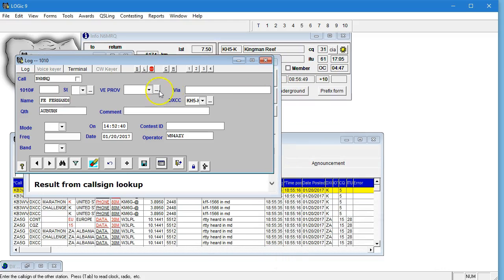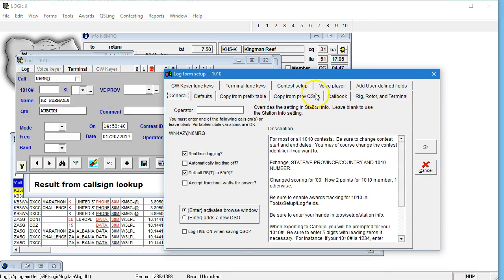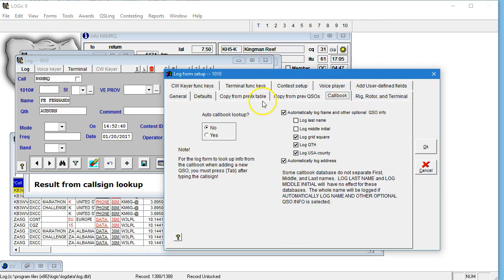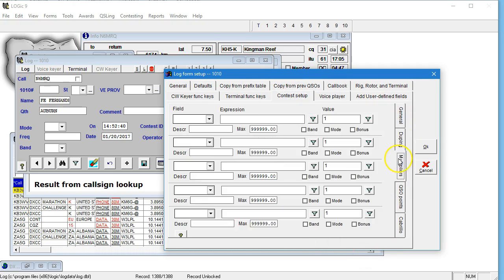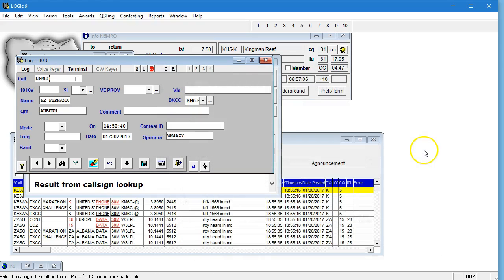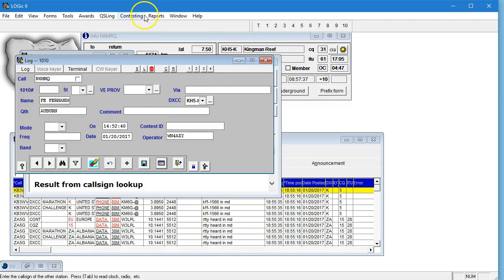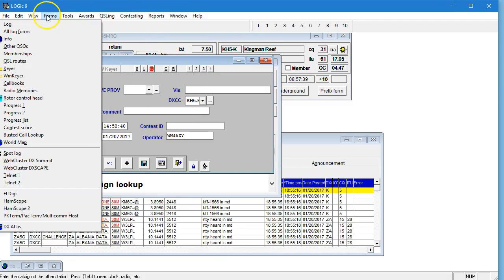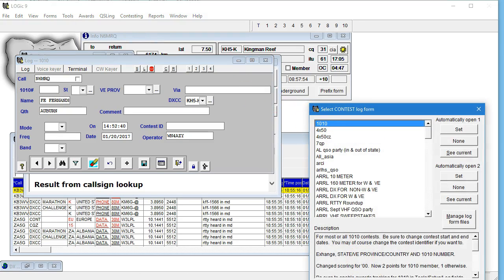There's some other stuff here, and this isn't a video on contesting, so I'm not going to spend a lot of time with this, but here's all the stuff specific to contesting. There are two menus here that you can get to for contest log forms and regular log forms. And actually this shows you there are three, because this shows me contest and regular log forms mixed together. The only thing that controls which menu they show up in is, let me open,